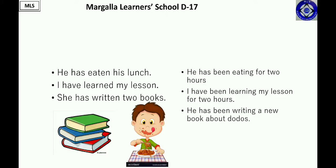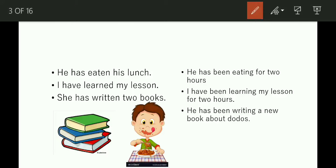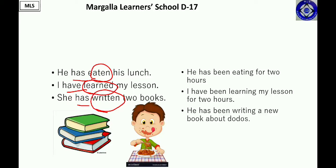On your left side, the group number 1, if we analyze it, we would get the idea that there is some similarity in their structure. Like, he has eaten his lunch. First of all, it tells about something that is completed. If we look at its structure, we are seeing has, have, has. Then, if we focus on the form of the verb, they have used the third form of the verb, like eat, ate, eaten, learn, learned, learnt, and write, wrote, written. So we get to know that these sentences share the same structure, that is subject with has, have, and third